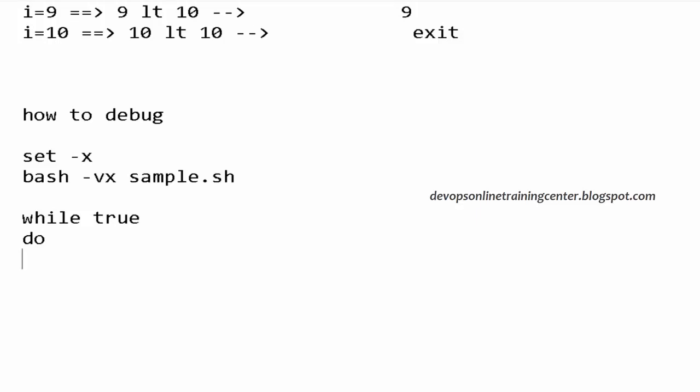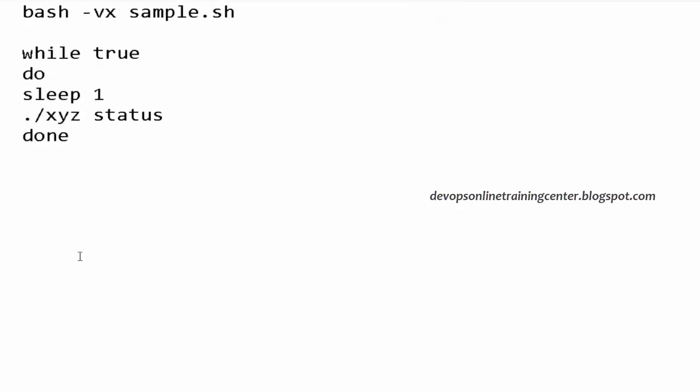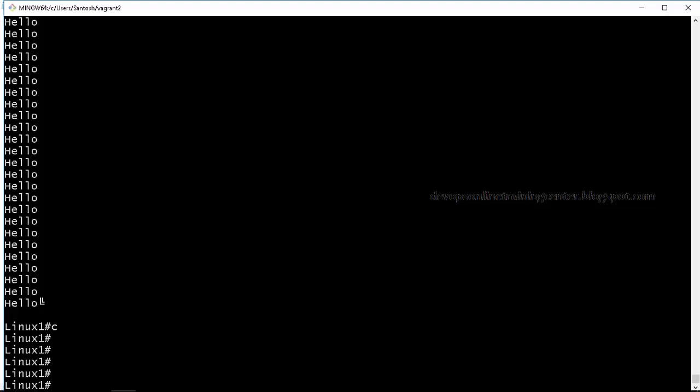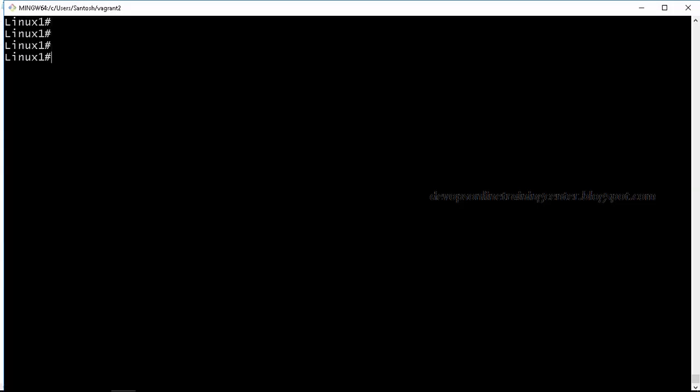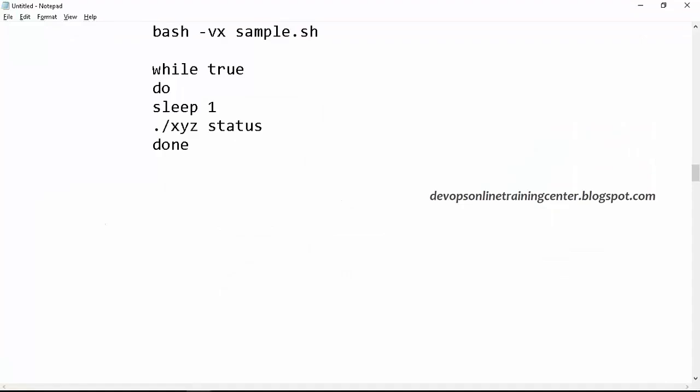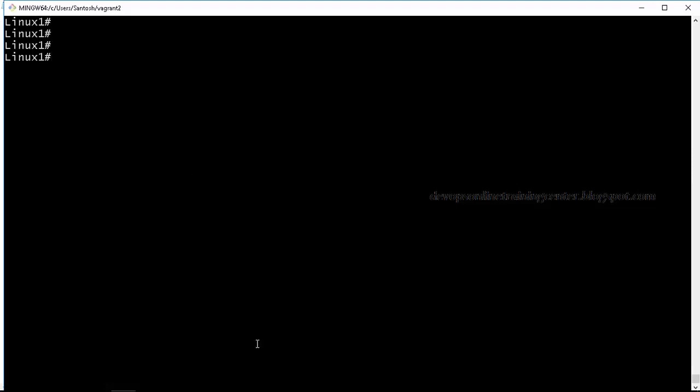Instead of typing again and again, we can simply put in a loop with some sleep and then the command whatever you want to execute, or some project specific command. Let us say some status. You have some application XYZ and you want to give the status and done. So this will print the output in an infinite loop. Okay, so this has come out. So this way bash -vx is for debug. V is for verbose, X is for debug.